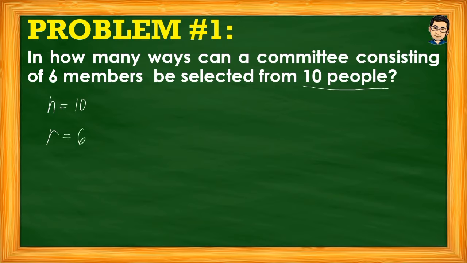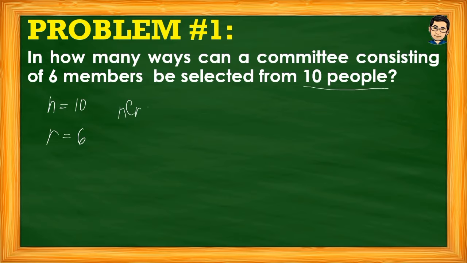Now, since ang pinag-uusapan po natin dito is combination, hindi po importante dito yung order. Okay, so ibig sabihin halimbawa, si student A ang pinili mo sa una. So, pwede mong piliin kahit sino man. Okay, so hindi ibig sabihin na student A siya na ang mauna. Okay, so ibig sabihin pare-pareho lang po sila. Hindi natin sila kailangan i-arrange. Okay. So, applying the formula,